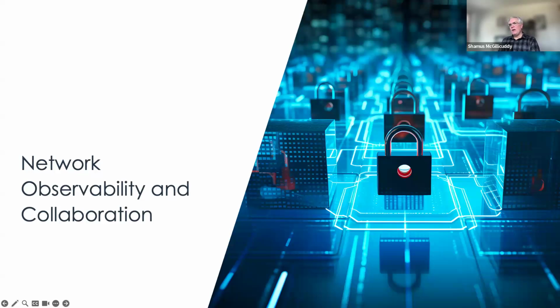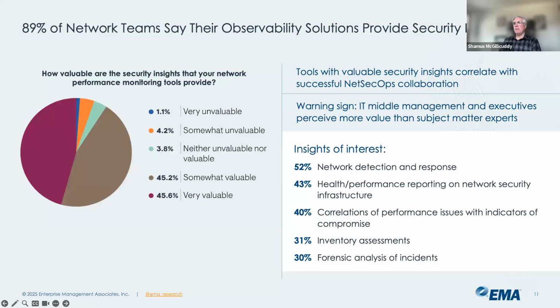So next, one key area of the research that I've been mentioning here is network observability and how it enables collaboration. 89% of the IT decision makers that we surveyed said that the network team's observability solutions provide security insights. That can be anomalies in traffic. It could be something more mundane, like, we're collecting SNMP metrics and events